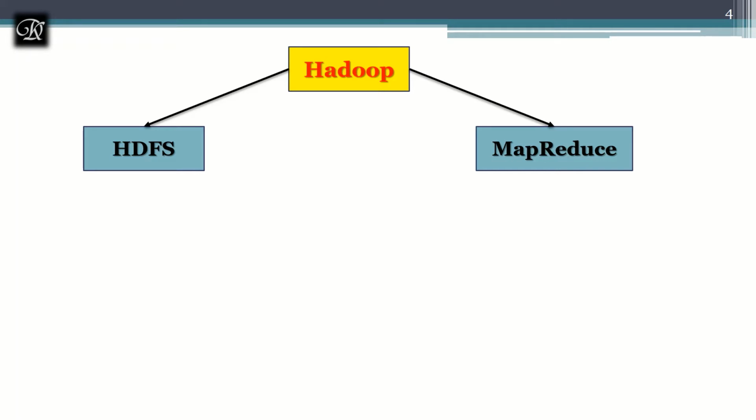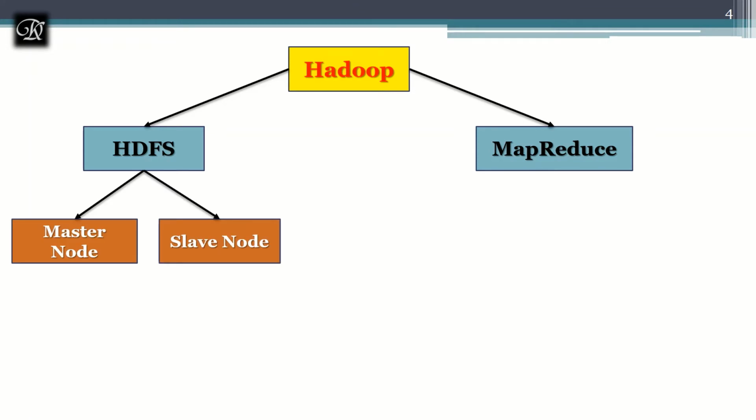If I'm going to store that 1 GB file on my machine, it is going to divide that 1 GB file by 128, which I think is approximately 8 blocks. Eight blocks will be stored, and where they will be stored I'll discuss again. The MapReduce part, which is the programming part of Hadoop, I'll discuss in the next coming video. I'll not go into detail about it right now.